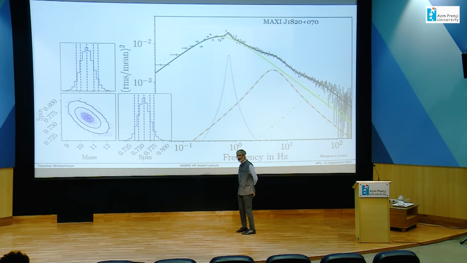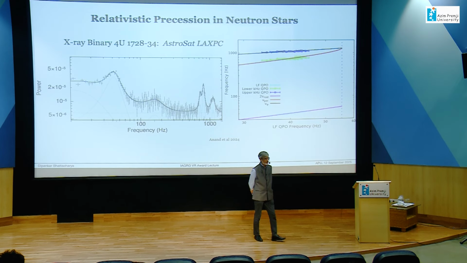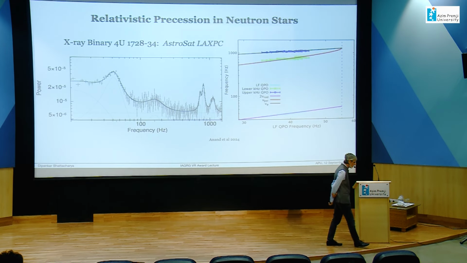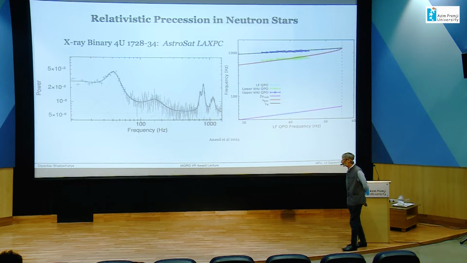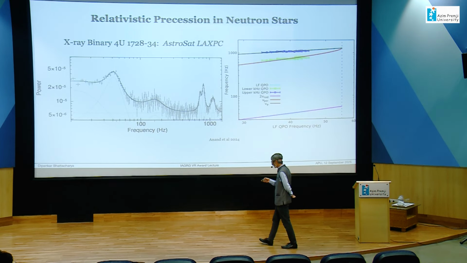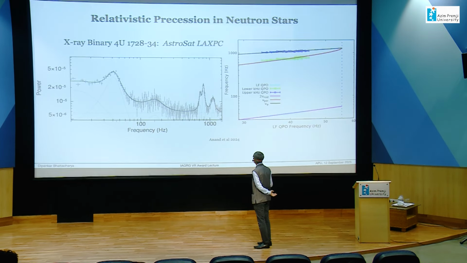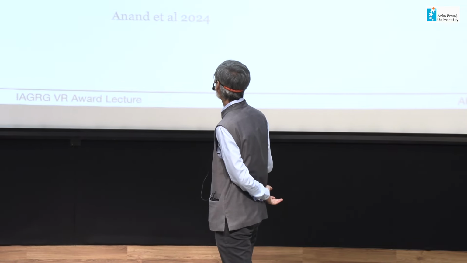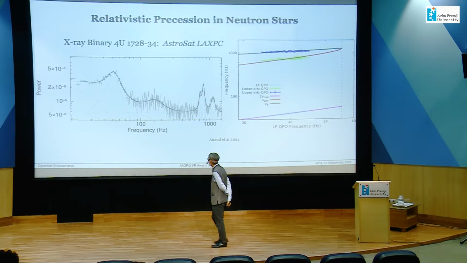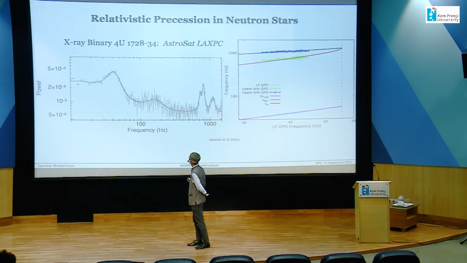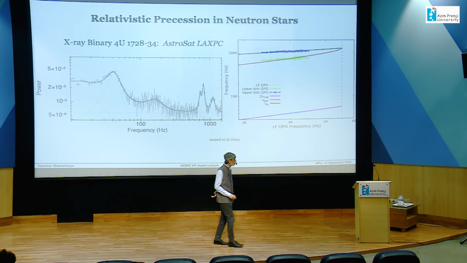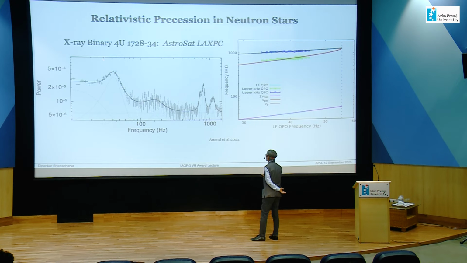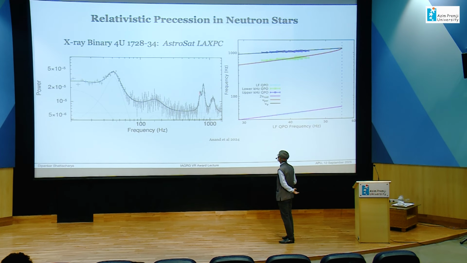Now, this technique is not limited to black holes. This is a neutron star X-ray binary where there is an accretion disk around a neutron star. Here is a power spectrum of it, and you can see clearly multiple peaks. This is one frequency. This is actually just the harmonic of that frequency. This is not an independent oscillation. So here is one independent oscillation. Then there is one independent oscillation here, and there is a third independent oscillation here.